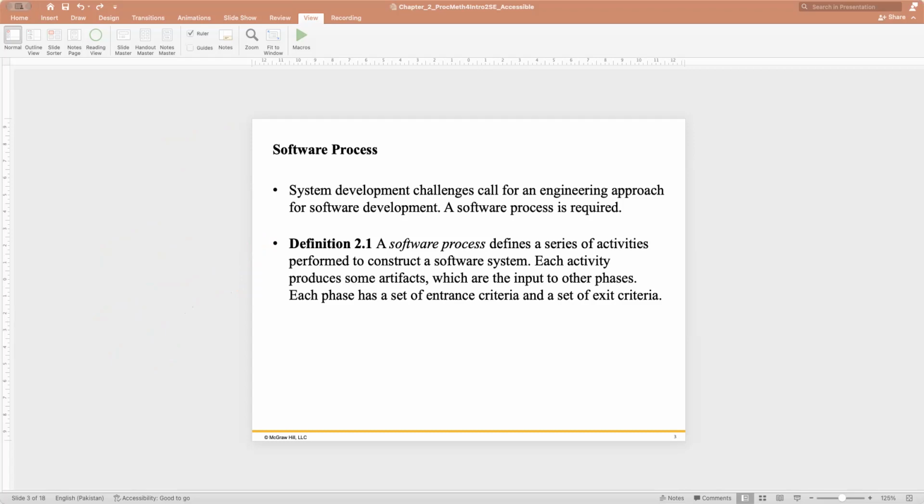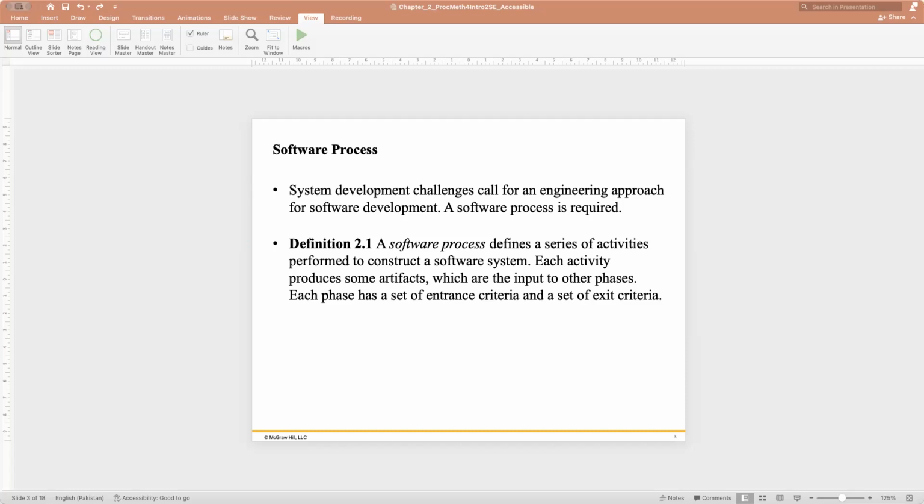We need an engineering approach to make sure that software development is not random or procedural. It has to follow some specific method. We also believe that software is not developed by just one person these days.